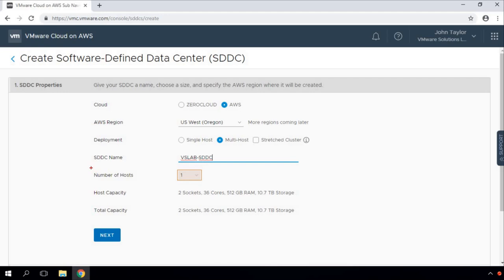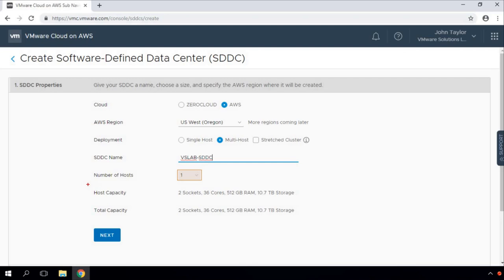Now, the next thing we were discussing: what is my deployment type? If our deployment type is single host, then obviously we would be selecting one host. But if our deployment type is more than one host, a multi-host kind of environment, then with this drag and drop, we can select how many hosts I would like to get deployed as a part of this particular SDDC deployment.